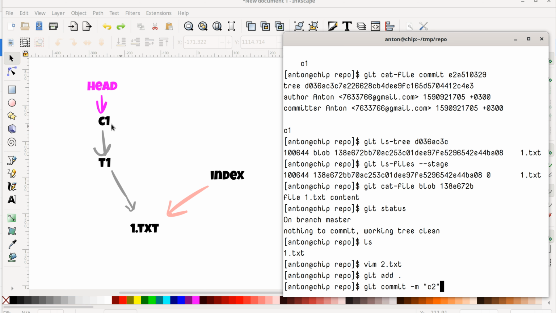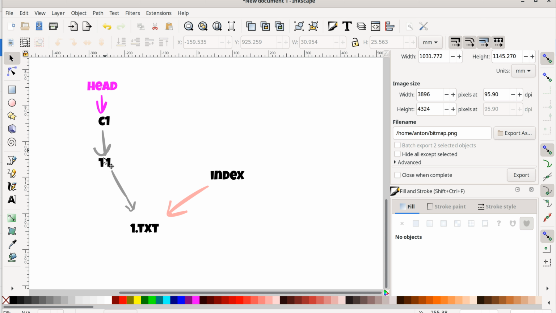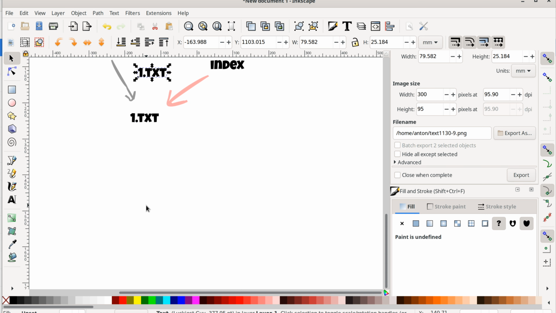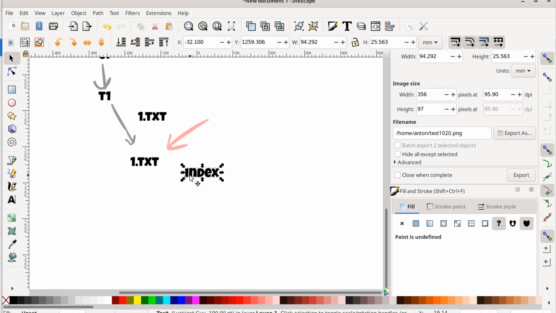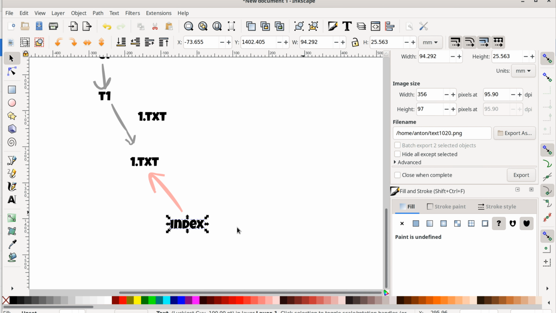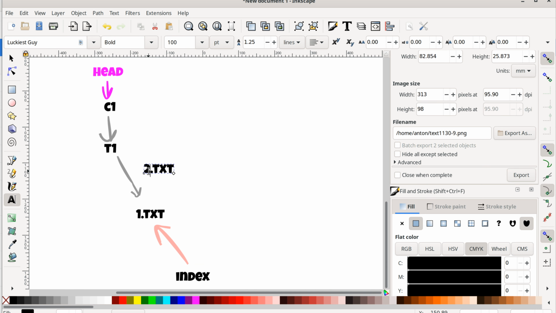So before we commit, let's display what we have. We still don't have c2. We just have another file, and for now nothing actually points to this file. Actually, for demonstration purposes, let's move our index to the very bottom and rotate our line like so. It will be easier than moving index from the left to the right. Now we have T2,